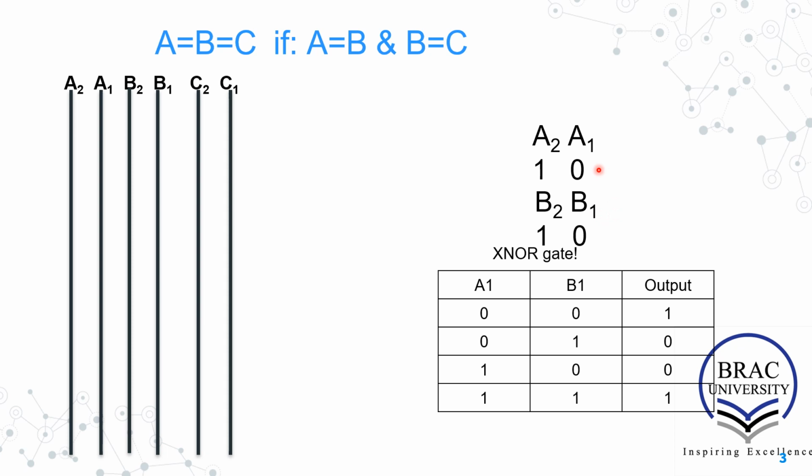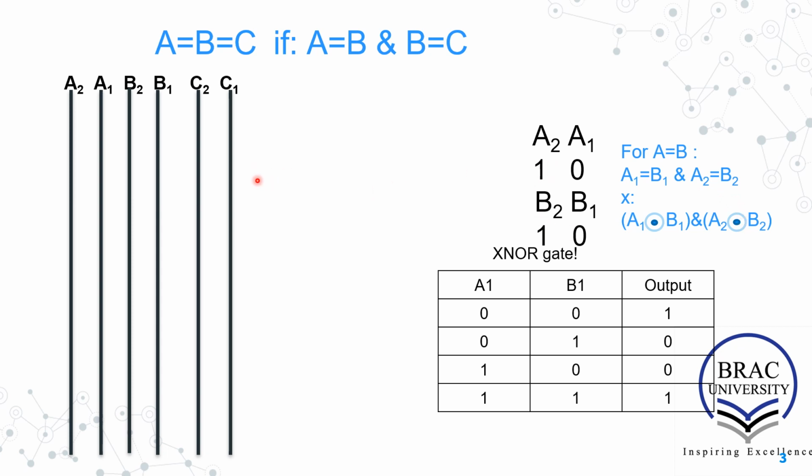So first we will check whether A1 and B1 are equal or not, and then we will check whether A2 and B2 are equal or not. So for A equals B, we need to check A1, B1. So we will pass A1 and B1 through an XNOR gate. So A1 XNOR B1, and we will have to check A2 and B2. So A2 XNOR B2. So this function is named as X, and this will check whether A and B are